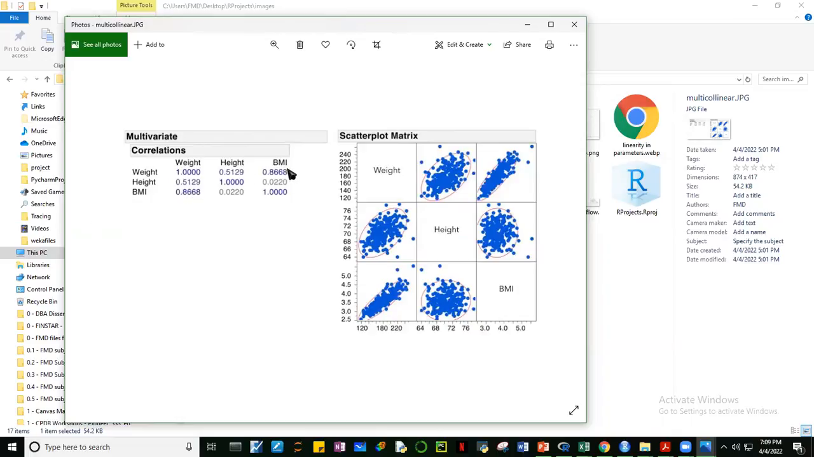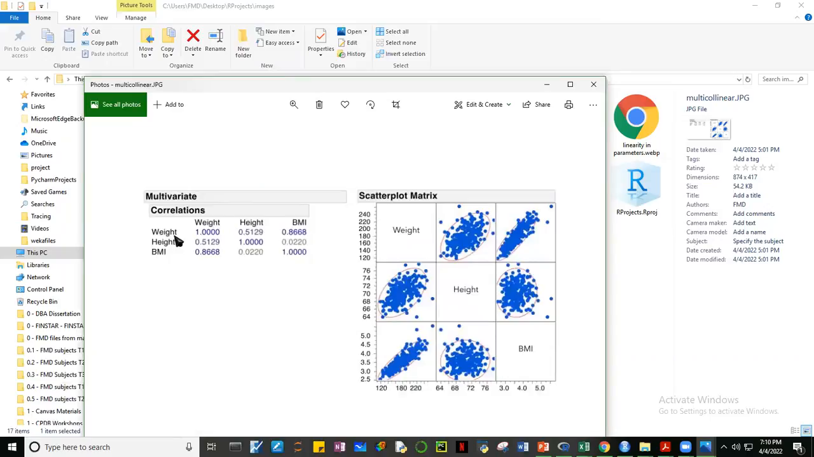Pero itong BMI, guys, kasi si BMI, how do you compute for that? BMI is computed using the weight. No? So if you take a look at weight and BMI, ang taas niya, 0.86. And then on the other hand, si height naman at saka si BMI, 0.02, wala. Very weak relationship ni height and BMI, 0.02. Okay, pero si weight at saka si BMI, very high. No? So if you're going to use both weight and BMI as predictors,